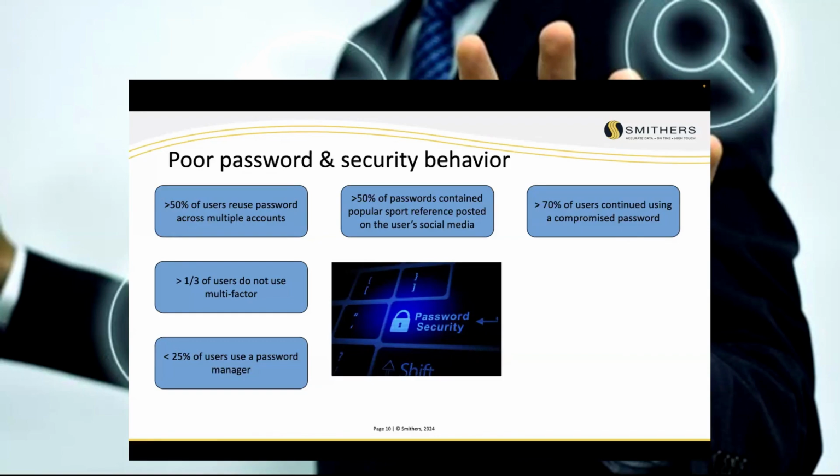Boggles the imagination. But when you ask why, the bulk of them, well, that's the username and password I use for everything. I would have to change dozens or hundreds of systems to update that. Yeah, and you probably should have, because that's what's going to keep people out of your systems. But this is the kind of behavior around poor passwords that gets companies into trouble.